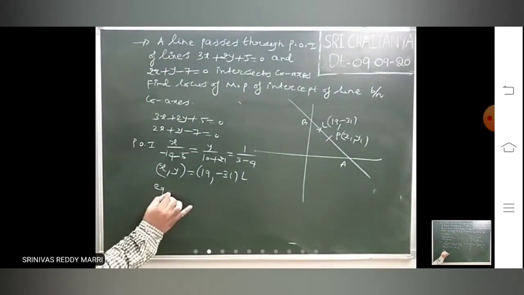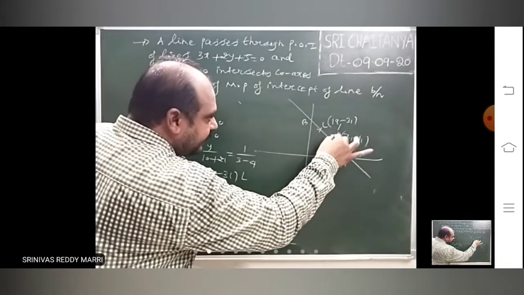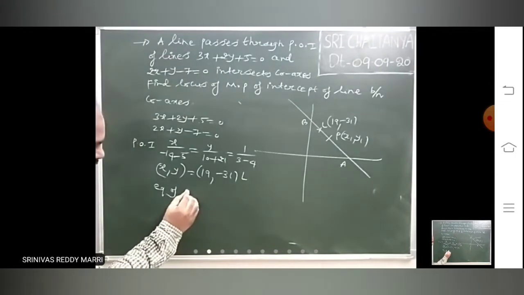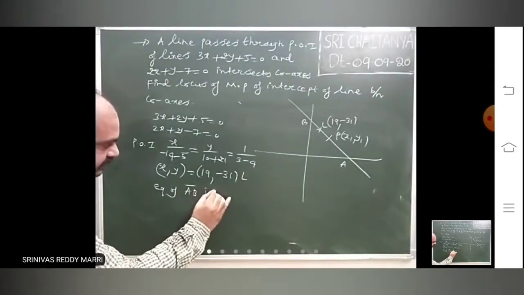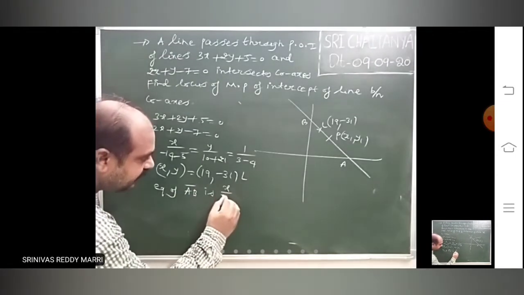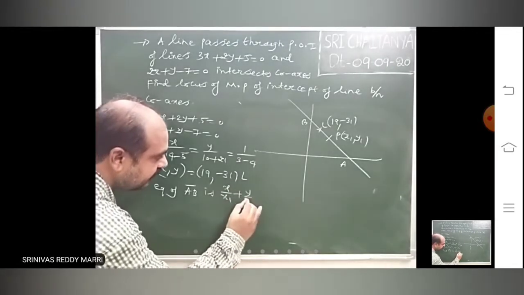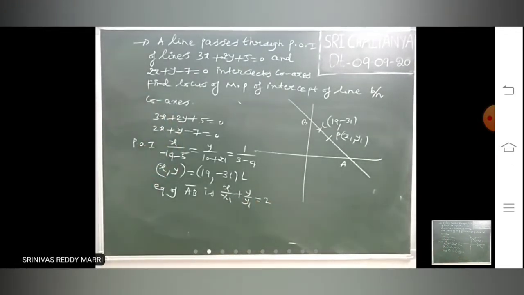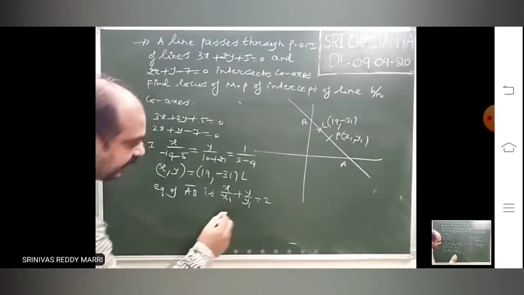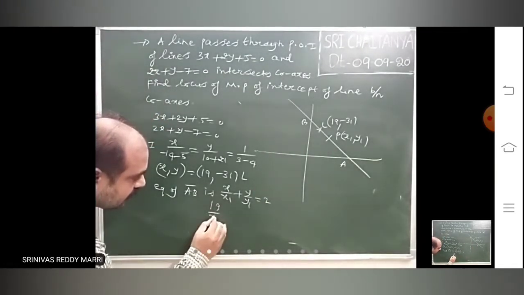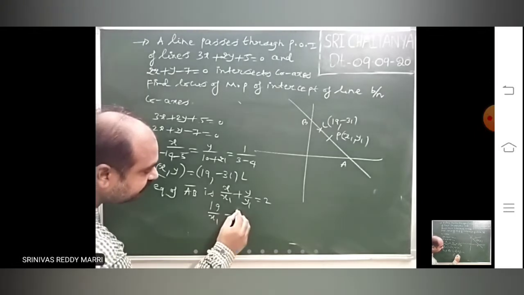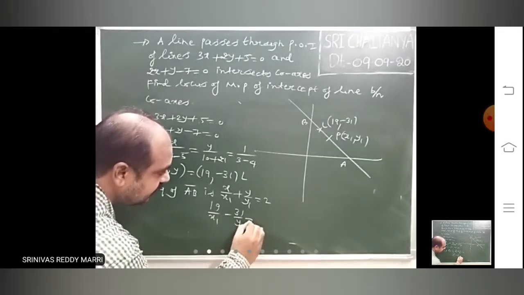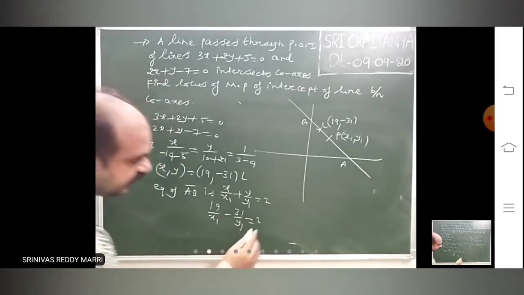Now, equation of AB. I have taken the midpoint whose locus you have to find. Equation of AB, whose midpoint is (x1, y1), is x by x1 plus y by y1 equal to 2. Now it passes through this point, so 19 by x1 minus 13 by y1 equal to 2. Therefore,